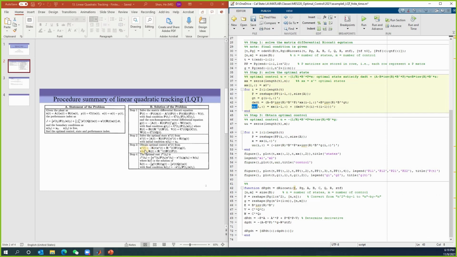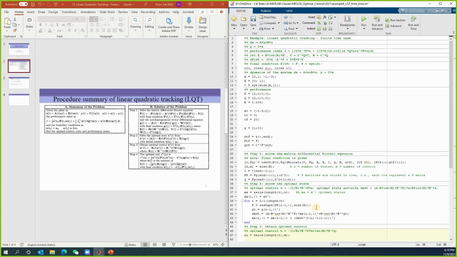After you find the optimal states, the next step is to find the optimal control. And optimal control is equal to negative K times x plus R inverse times B transpose times G. So this is how we find the optimal control. Optimal control is called UU, the optimal state is XX. Then we have everything. The rest of the few lines is just the plots. Let's take a look at the results. So we run the code,